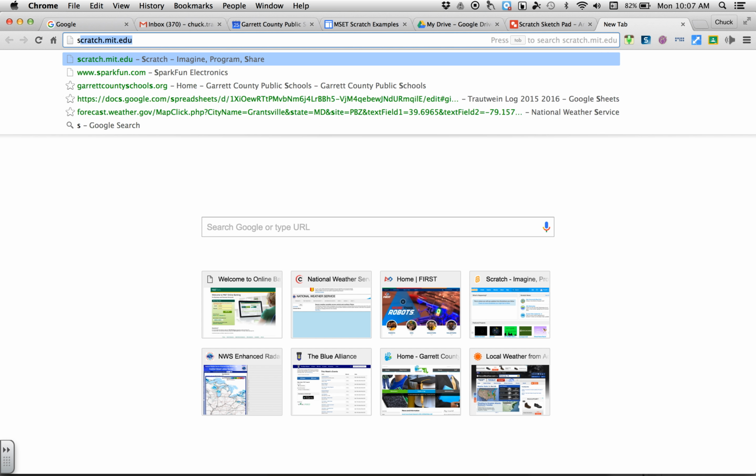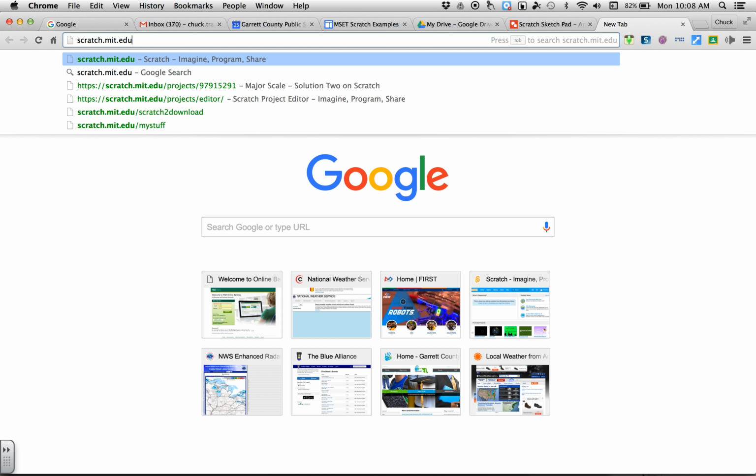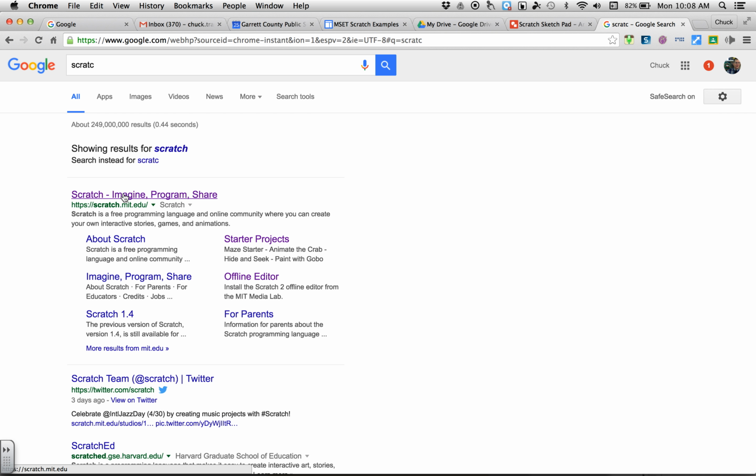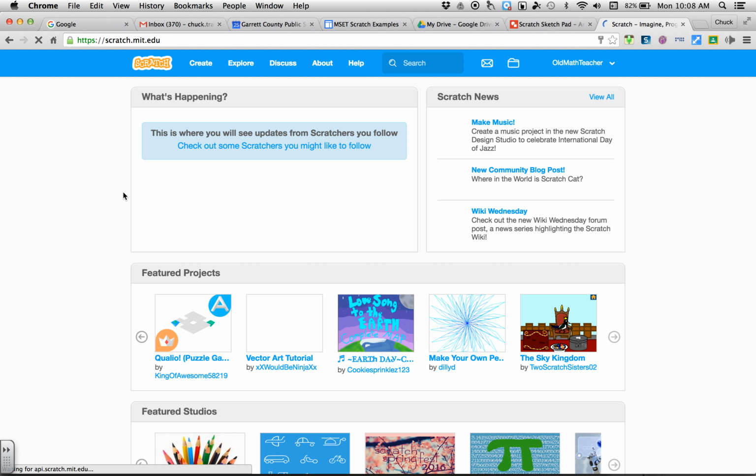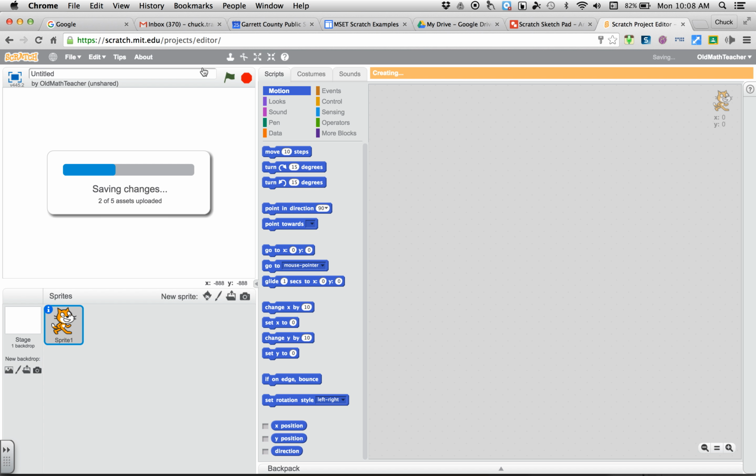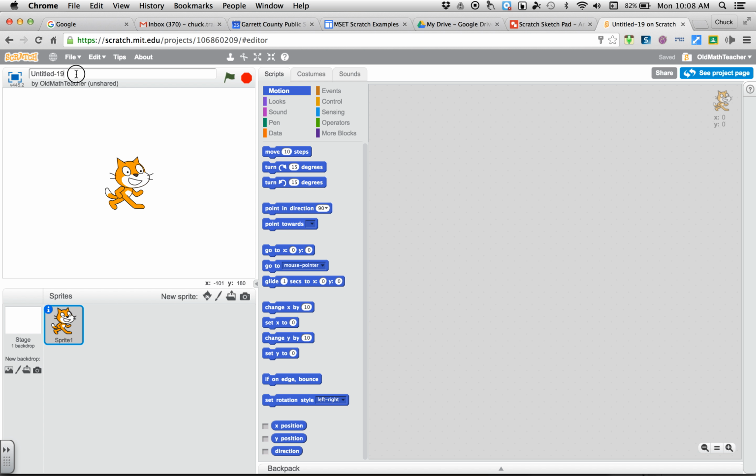Again, to get to Scratch, I'd like to just Google Scratch here. And once we Google Scratch, I'm not sure if I did that right. No, I didn't. Here we go. It's the first link here usually. I'm already signed into my account, Old Math Teacher. You don't have to have an account to use Scratch. It is handy because you can save your stuff. I'm going to go ahead and create. And we're going to create this thing from scratch. Scratch from scratch. Little Scratch joke here. And we're going to call this Arrays